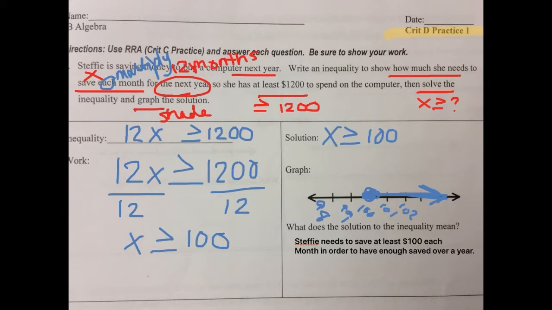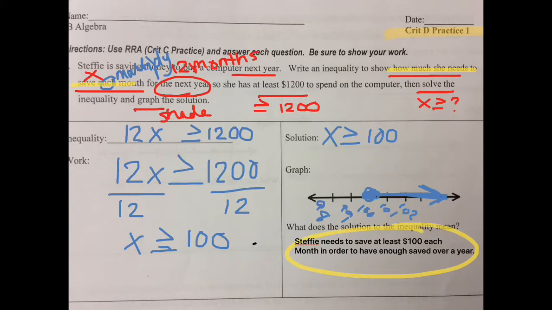Okay. So that's important for us to talk about. What is it that she is doing with this 100? Is it $100? Is it 100 months? So what I did is I went back to my equation and I looked for where I marked my X. And when I marked my X, I was marking how much she needs to save each month. So that told me right there that that's what my solution was going to be about. That's what I wanted to have in my answer at the end, about how much she was going to save